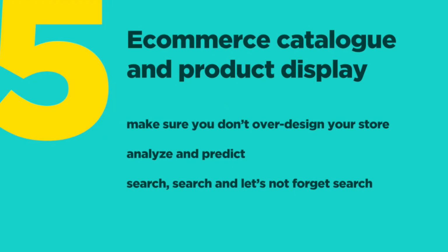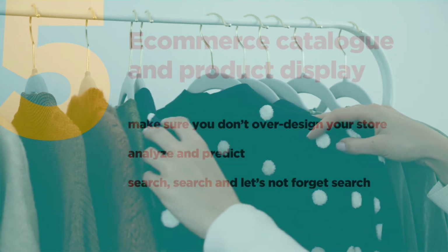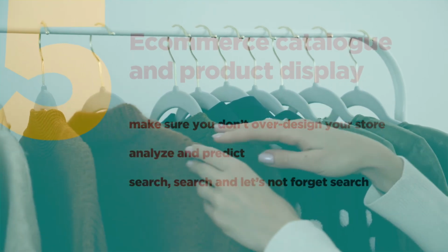Number 5, e-commerce catalog and product display. Here's one you surely expected, maybe not so down on the list. Your online store catalog. Of course, this one is important. Without one, we would be back to mailing orders and inventing the wheel. However, as you've probably seen so far, it is just a small part of the whole e-commerce store business, but